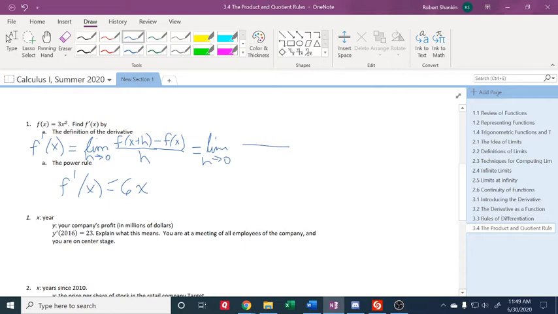F of anything is 3 times that thing squared. And f of x is 3x squared. Now this is really 3 times x squared plus 2hx plus h squared if you FOILed that out. And so then this is equal to the limit as h approaches 0. And if we distribute that 3 out,